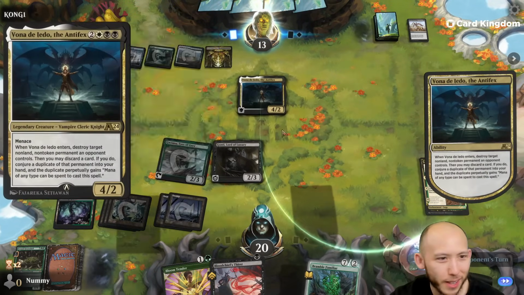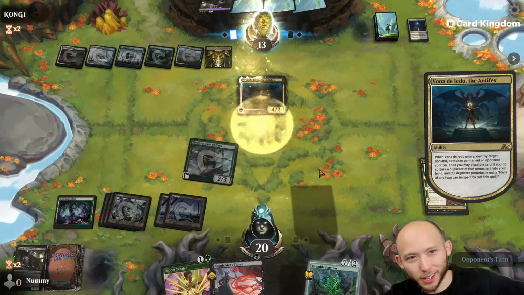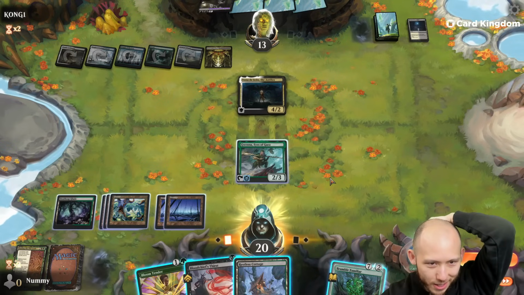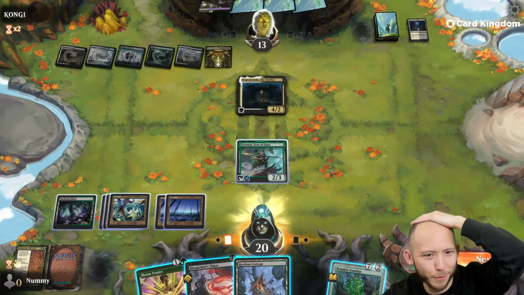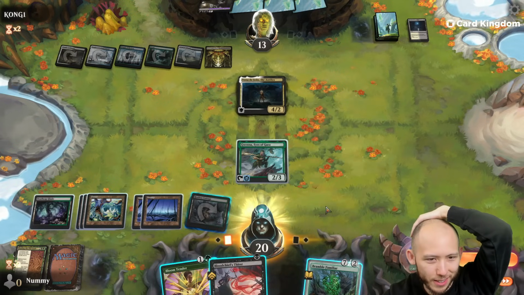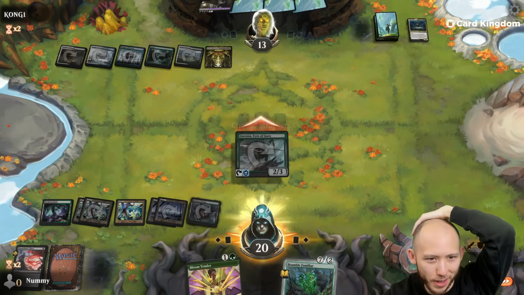What does this one do again? Destroy a target non-land, non-token permanent, then you may discard a card, you can conjure a duplicate. Okay, so they get to conjure a Gonti. Um... 4/2 Menace? Should I bother killing that? Yes. It's probably not correct, but...